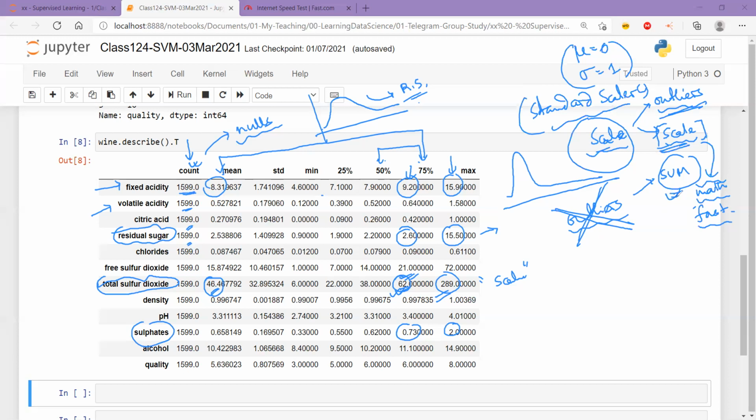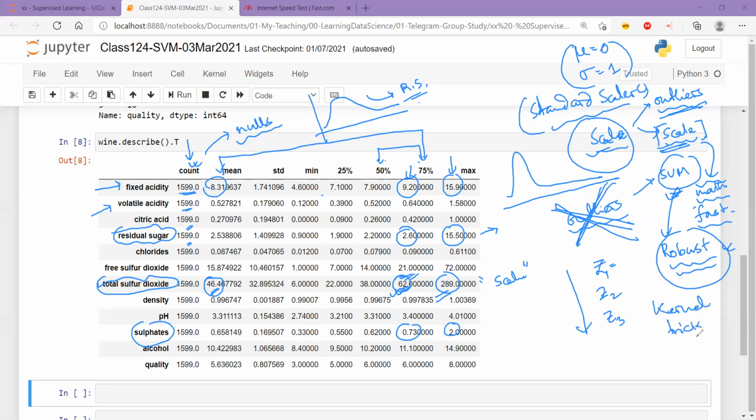But in the case of SVM, because we are already going to create third or fourth or fifth variables in higher order dimensions using all the features, it doesn't matter whether I have outliers in the data or not, because SVMs are very robust. You can also note this as a pro or an advantage of SVMs. They are very robust when it comes to outliers because I'm anyway going to represent the data in higher dimensions using the kernel trick, right? So that's why it's going to be okay. It's not a drastically bad thing to have outliers, which means SVM is very good when I have genuine outliers, right?